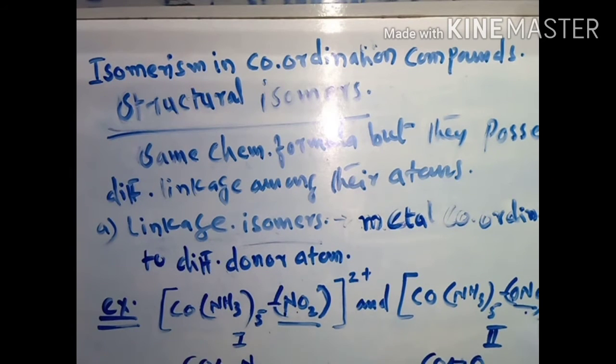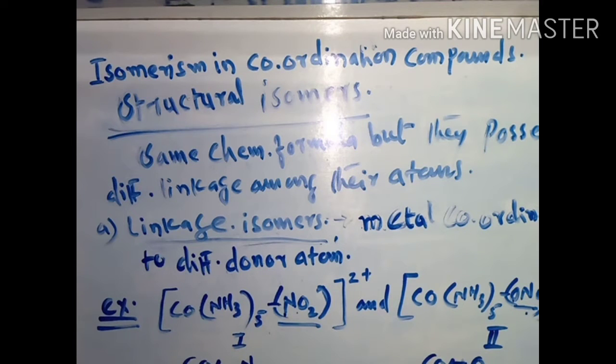Both are the nitro group in complex 1 and 2, but it is written in different ways. So the linkages are different in both of the complexes. That's why such complexes are termed as linkage isomers. Now the second one we shall discuss,